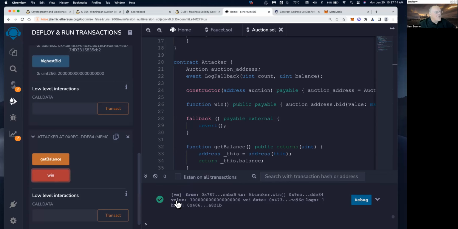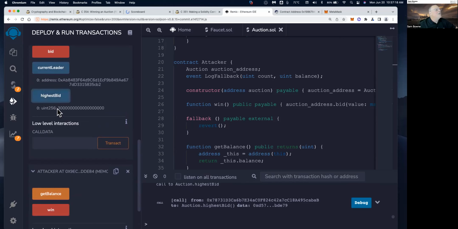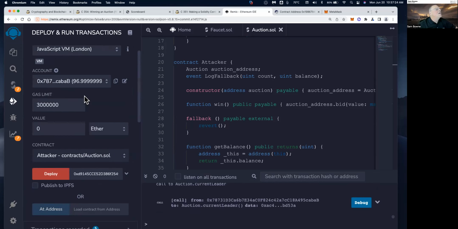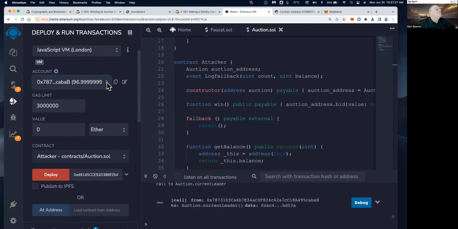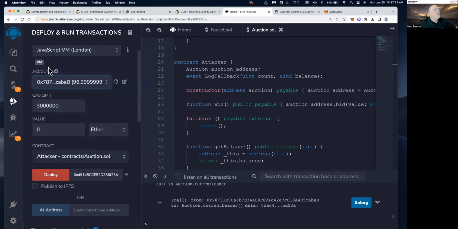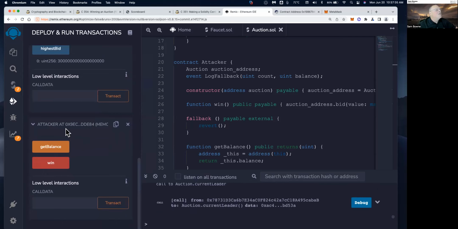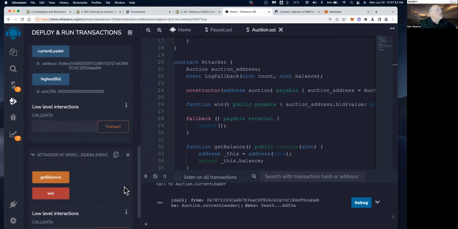The transaction succeeds. Now the highest bid is 3 Ether, and the current leader is address 9EC, which is this. All right. That's right. I remember it's not any of these accounts because I passed it through my contract. The current winner is this address, 9EC, the attacker contract. So the point is I've now bid 3 Ether and I'm going to win the auction, because if anybody tries